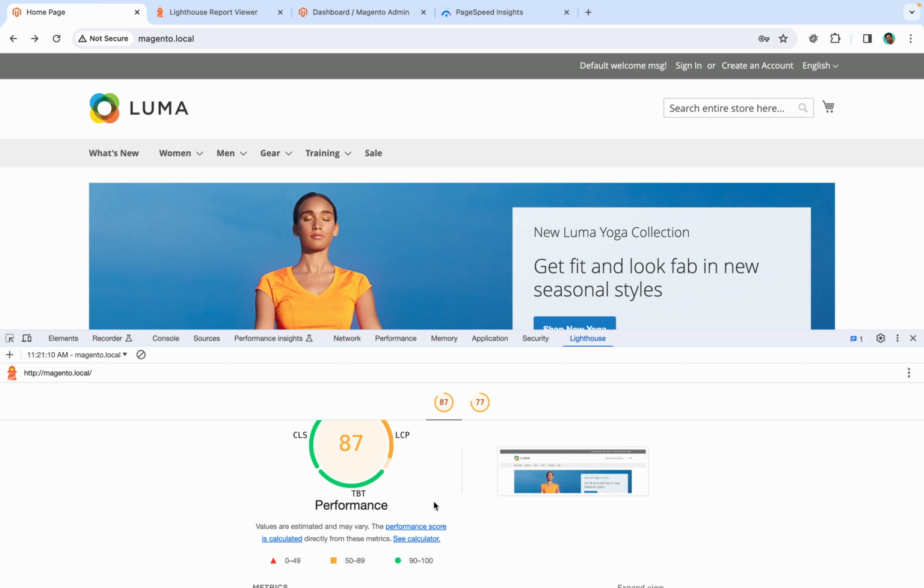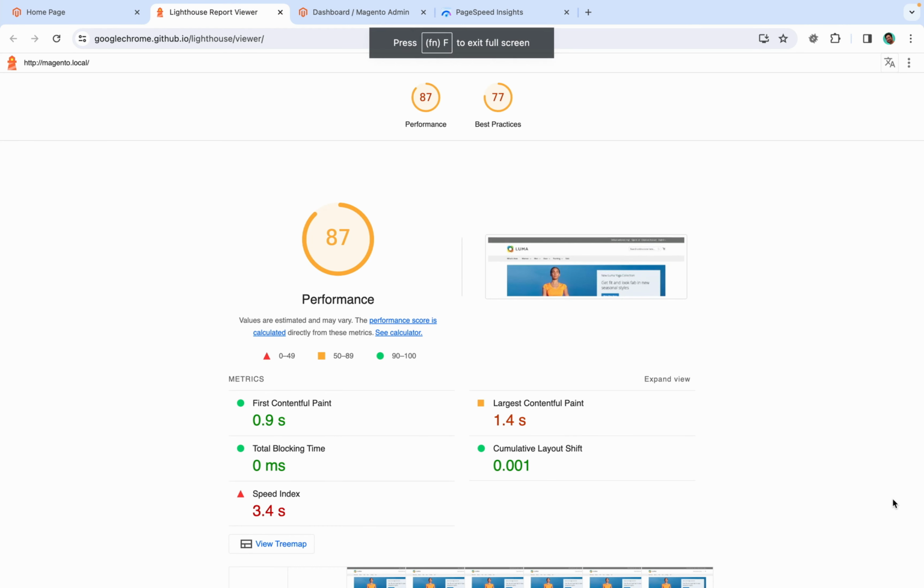Now one thing I will do here is, in the tab, you see these 3 dots. I will use these 3 dots to check this report in a viewer. Basically once we click on open in viewer, it will open the report in a new tab, where everything will look well organized and the fonts are bigger. So this looks good to read compared to the compact view we saw in the other tab. Now let's analyze the report that we got for our website.